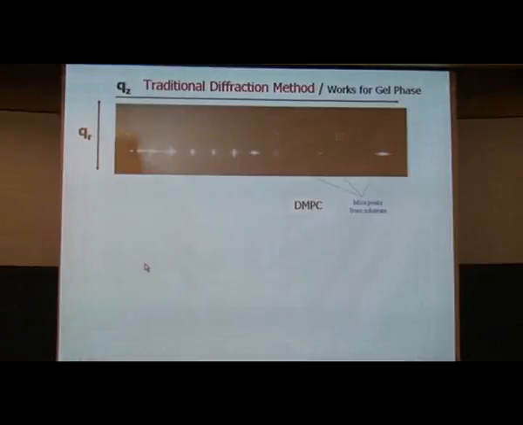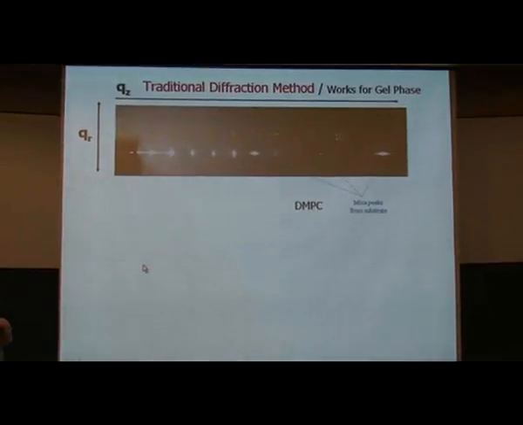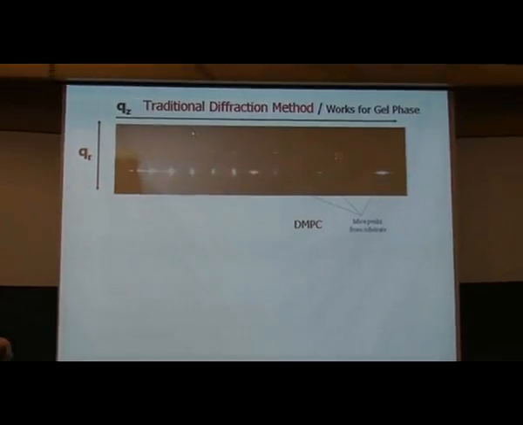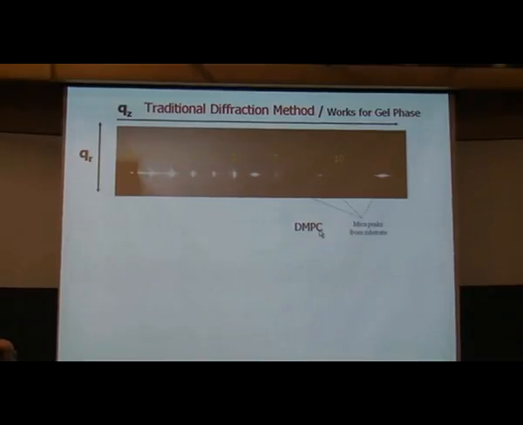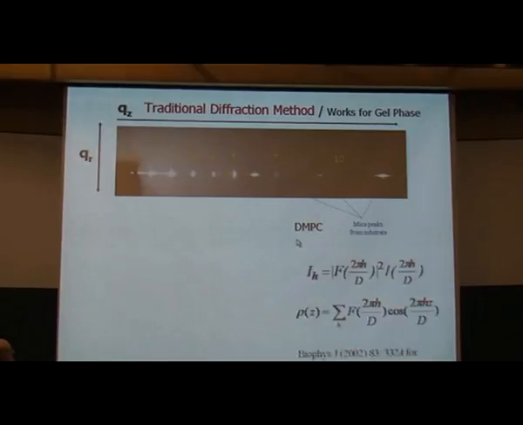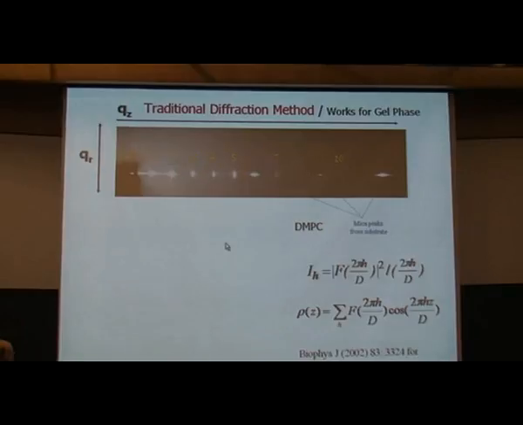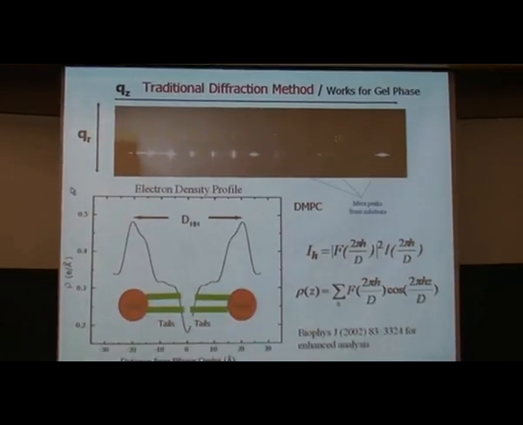Okay, so traditional diffraction methods, and now here I need to orient you. This is the QZ direction, which is perpendicular to the bilayers. This is the other direction, the in-plane direction, and if you do ordinary crystallography, you see orders appearing here. Forget these things, this was our substrate. You see orders, we actually could get up to 10 orders for this DMPC, but this was in a phase called the gel phase, which is not the biologically interesting phase. If you do all this, you can easily get the electron density by taking the square roots of these things. You have to solve the phase problem. There are ways to do that. I'm not going to take you through it. But you get beautiful electron density profiles.